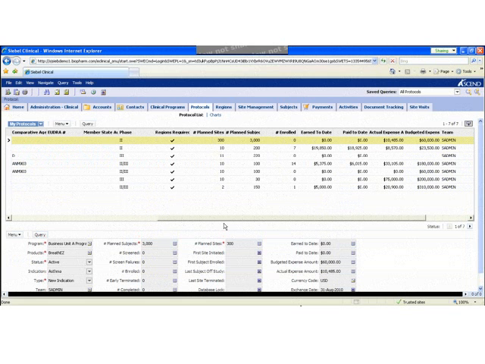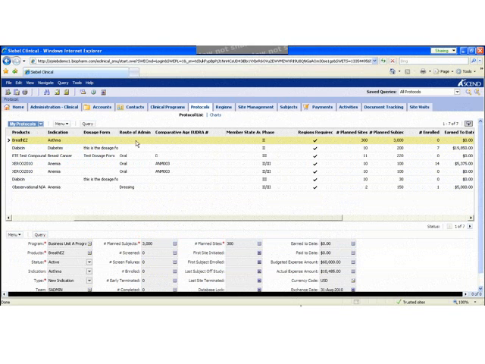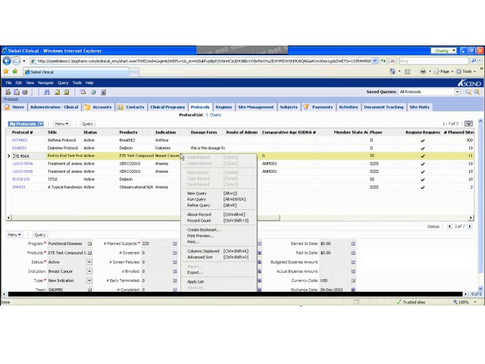So I really don't need to see indication, dosage form, route of administration, comparative agent, etc. At this point, they're irrelevant to me. I really want to see enrollment and other issues. So my primary use for this list applet is for enrollment reporting to my program manager. So what I'm going to do is right-click this list applet, go to this option called Columns Displayed,